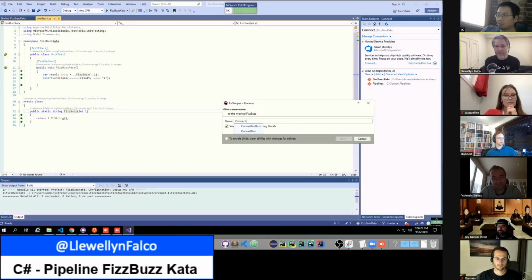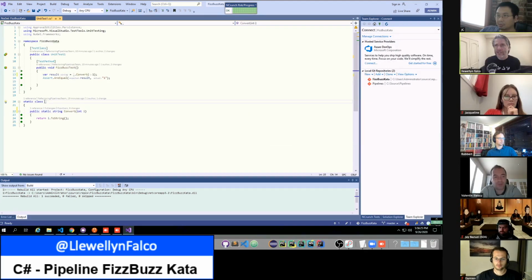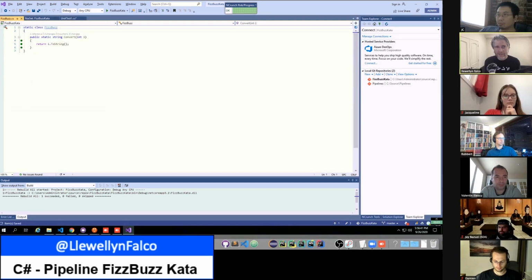And then next, click on class name on line 20. Do the same thing, Control RR, and rename this to FizzBuzz. And then Alt Enter one more time and move it to FizzBuzz. And then save everything. Control Alt Shift. Yep. Okay. And then things pass.